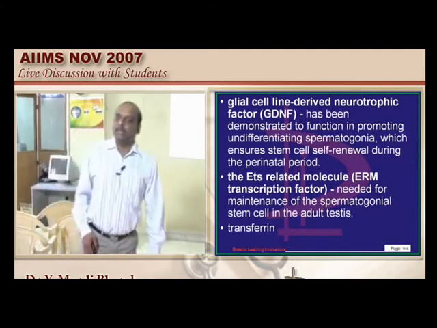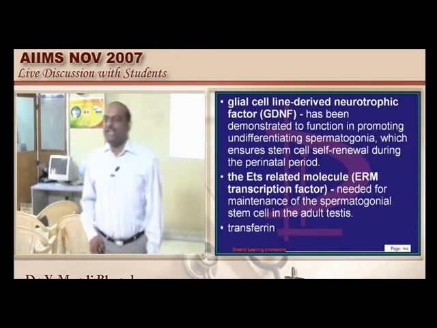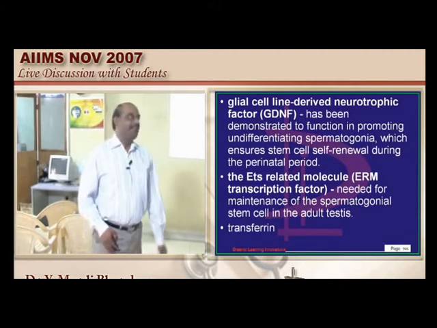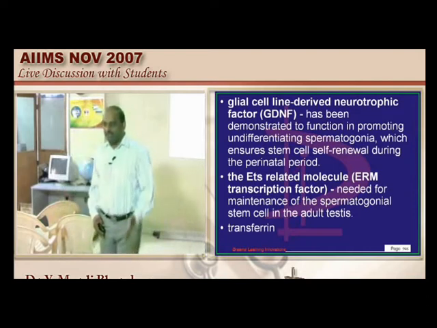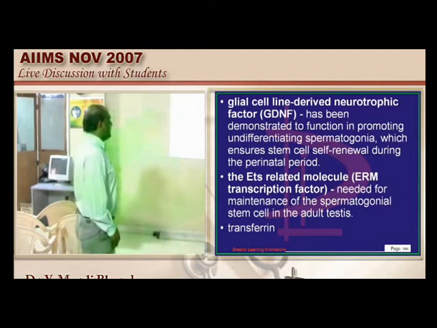Why I am saying this is because Sertoli cells are there in the question bank, which means any question can fire in the future exam as an enigmatic question. Suppose somebody asks in which cell the ERM transcription factor is there, first of all it's a big confusion. No problem if we do wrong on such questions.